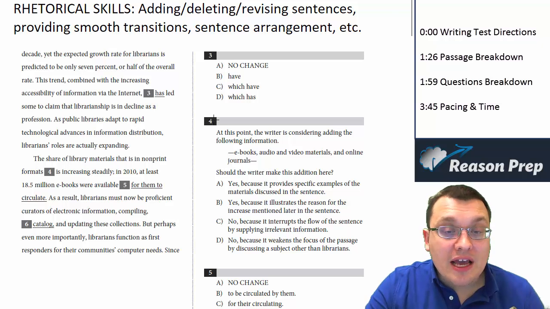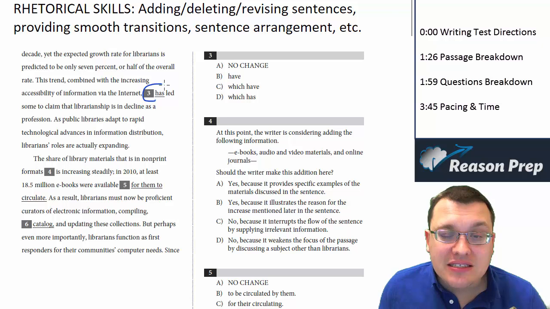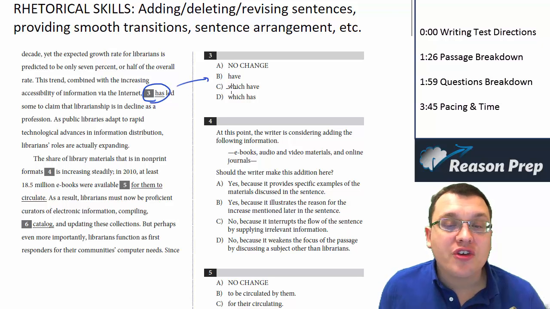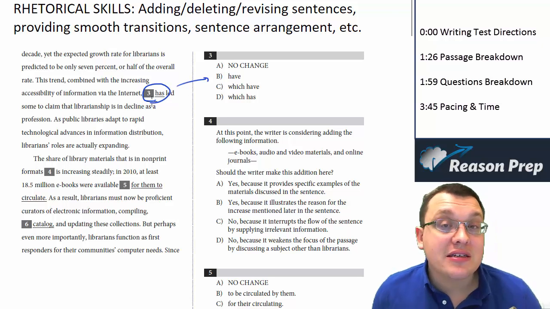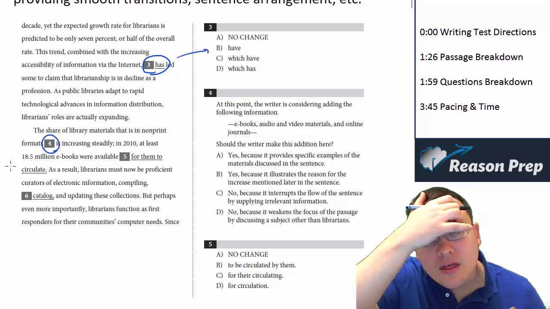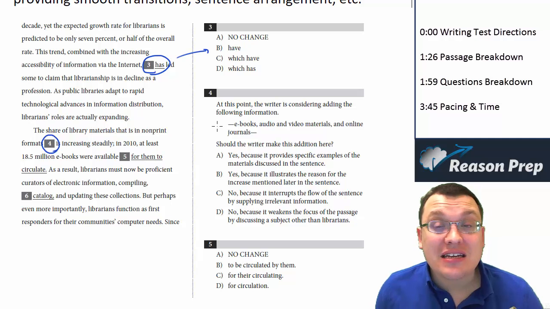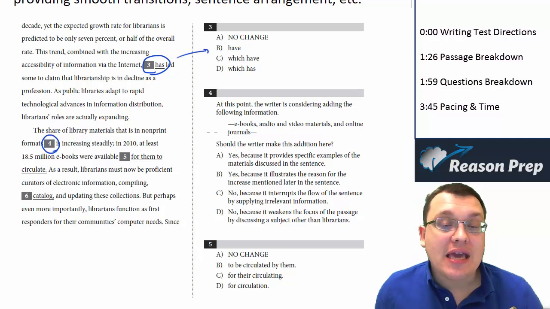Here's a sample of what a particular SAT reading test or writing test looks like. Notice each of these question boxes corresponds to a box in the passage, and when that box is next to something underlined, you have to see which of these choices best replaces, if any, the original. If the original is good, you would pick A. Now, sometimes, as we see in 4, there is nothing underlined associated with that particular part of the passage. So in this case, what we're going to be doing is adding something. In other cases, we might delete a previous sentence, add a whole sentence, make a